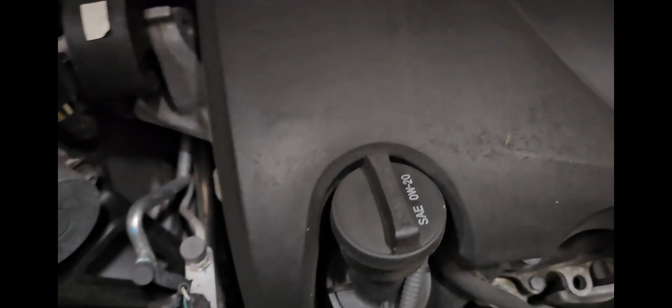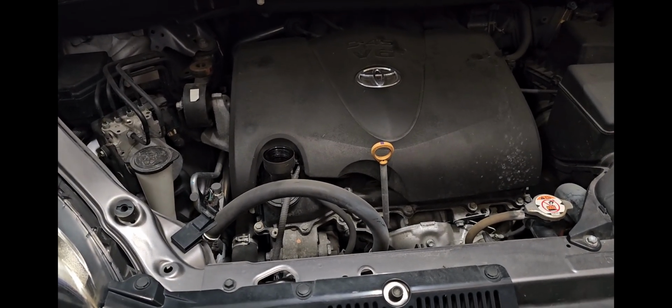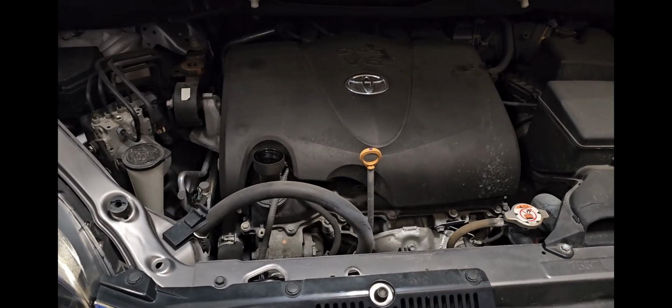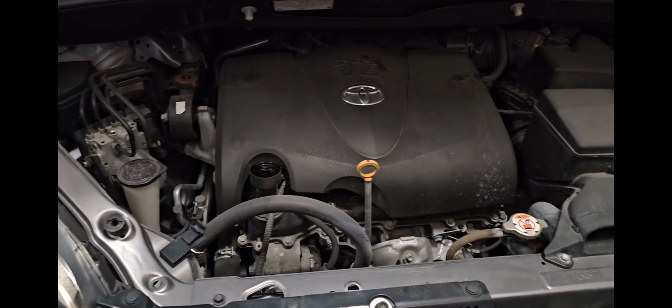Open your hood. Step number 2, check the type of oil you need. In this case, 0W20. Step number 3, you remove the cap. Step number 4, we already passed step number 3. Obviously there's more than 3 steps, but first you're gonna do that, and then we're gonna raise the car